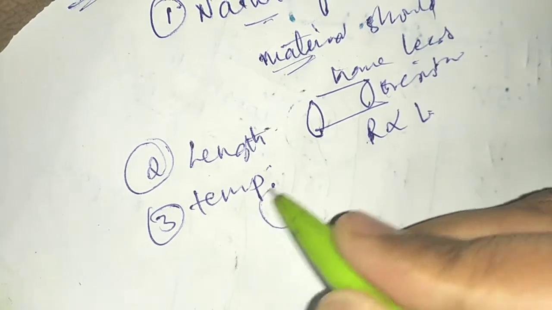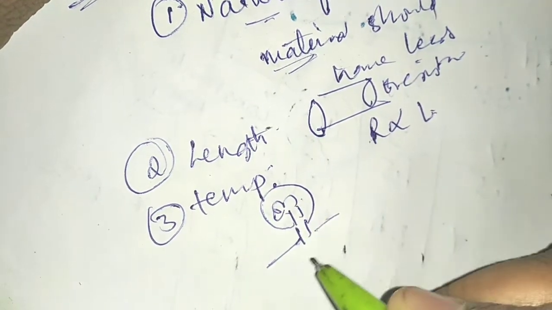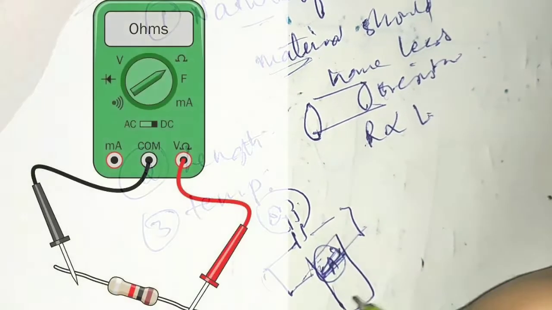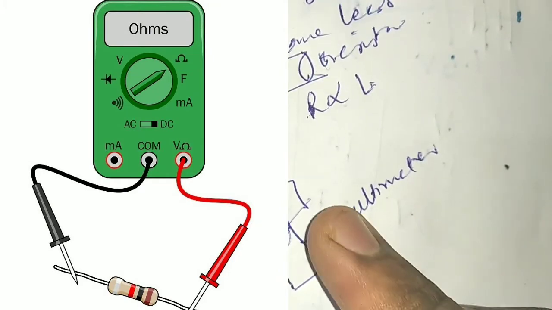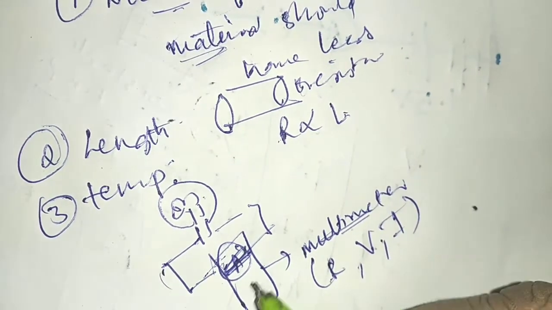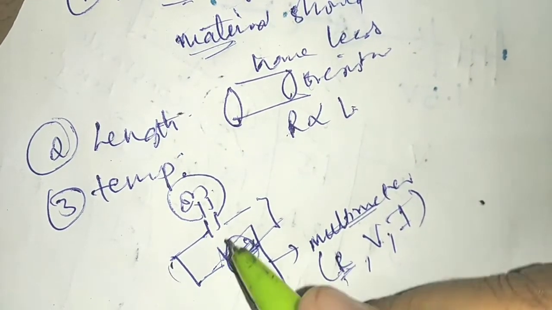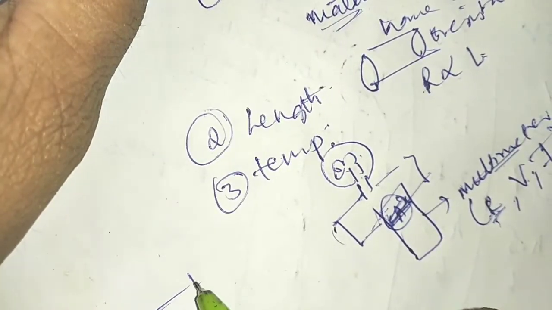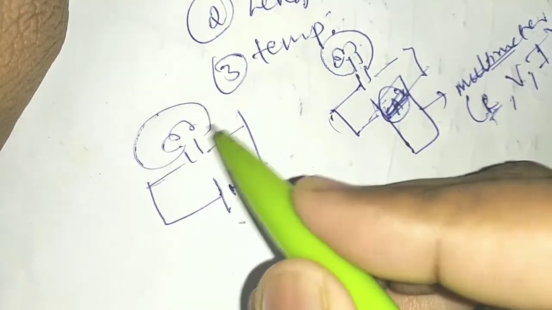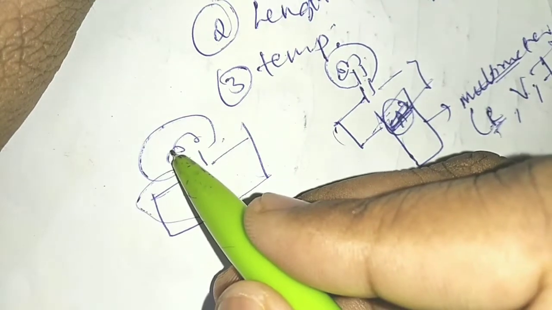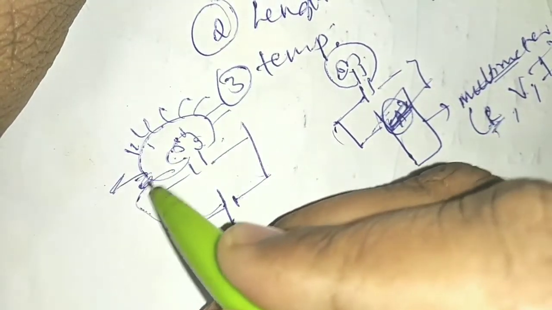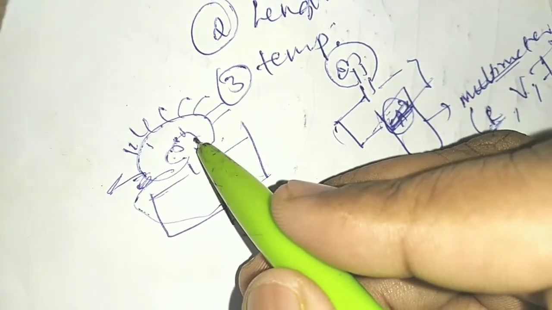What can I say about temperature, students? Take again a bulb only. First of all, without connecting this bulb to a battery, take a multimeter, students, and take the value of resistance. A multimeter is a device which gives the values of R, V and I, all the values it can give to you, students. So take a multimeter and find the resistance value of this bulb. Okay, now connect this bulb to a battery here, students. When I connect this bulb to a battery, we know that it contains this tungsten wire here. This tungsten gets heated. When this tungsten gets heated, it emits light here, students. So when it emits light, that means this tungsten is getting heated.